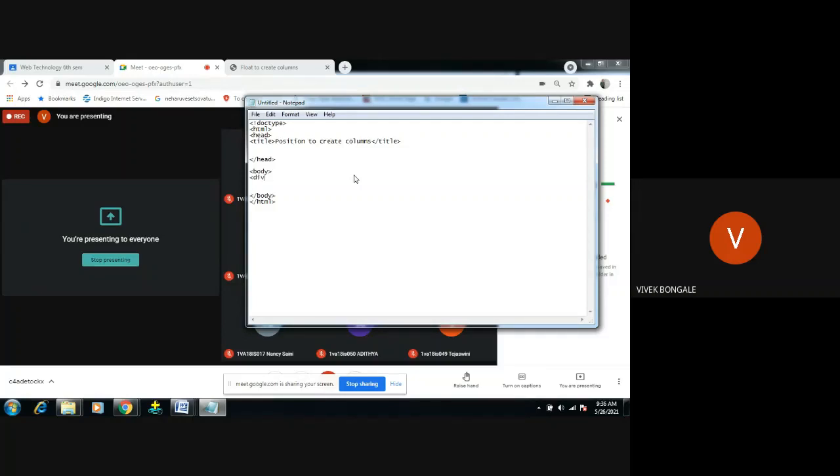Here, we created a different class for each element: for CSE a different class, for ISC a different class, and for ECE a different class. So we can apply style rules separately for each element.